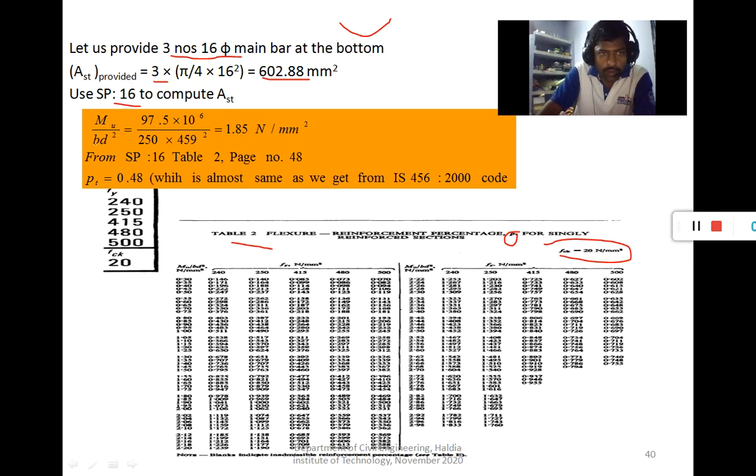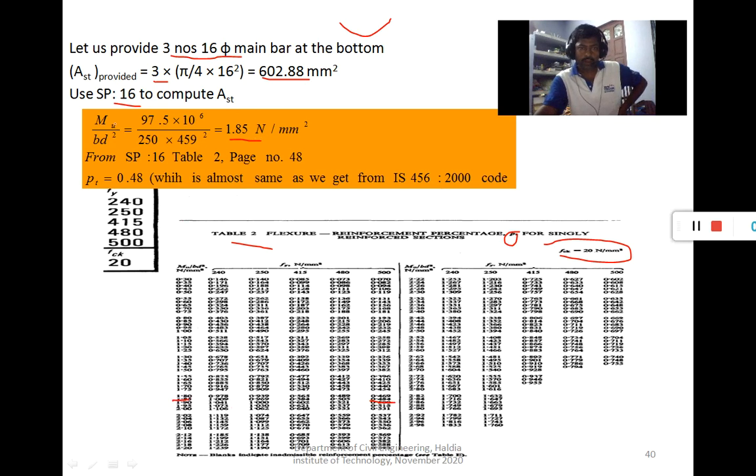This parameter we calculate as 1.585. So for 1.585, the value for Fe 500 is 0.484, okay, 0.48, which is almost the same as we get from the IS 456 2000 code formula. So the same result we can get using the SP16.